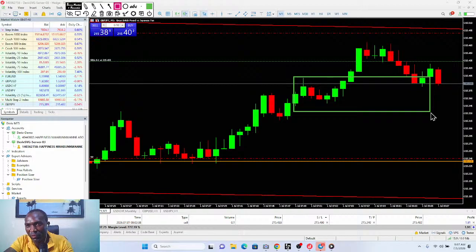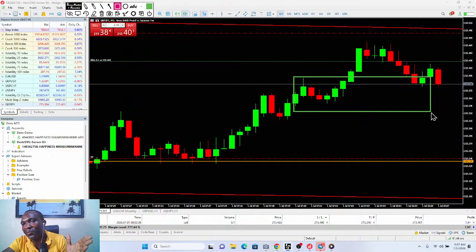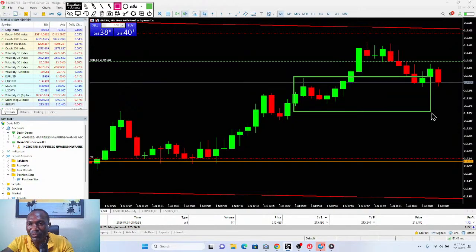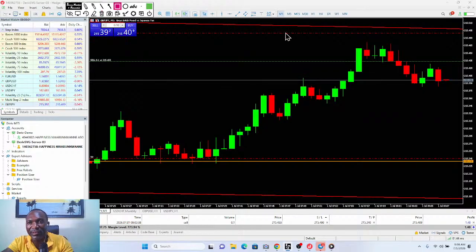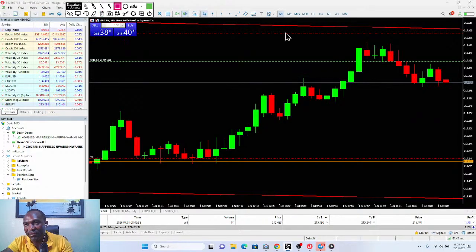Just leave it, let it play out. If it gives us what we want, fine and good. So this is a trade. If somebody is afraid, all we need to do is bring our stop loss to where... but we said emotion shouldn't be involved. Good. So let's allow the trade. Remember, it's a counter trade. Let's allow the trade to play out.